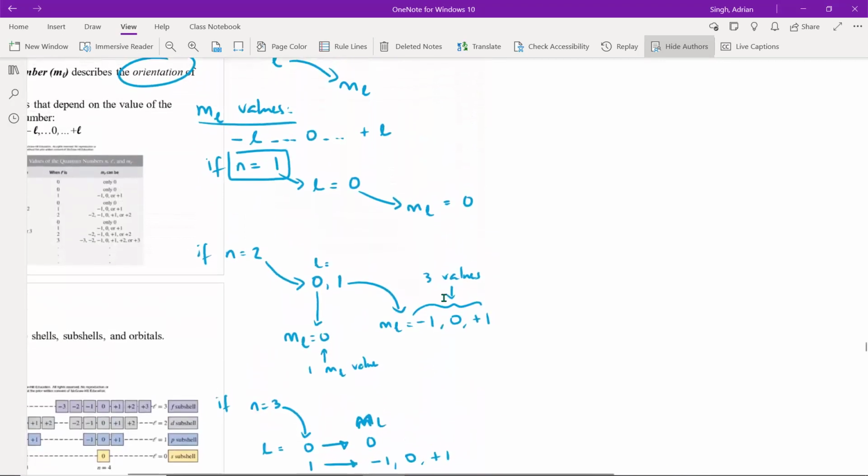So for example, if I go back to n equals 1, my first energy level, I only have one L value, 0. And based on that, I only have one M sub L value. So when your L equals 0, this corresponds to the S. And here we only have one M sub L. So that means there's only one